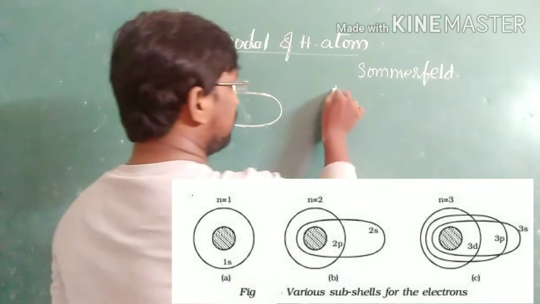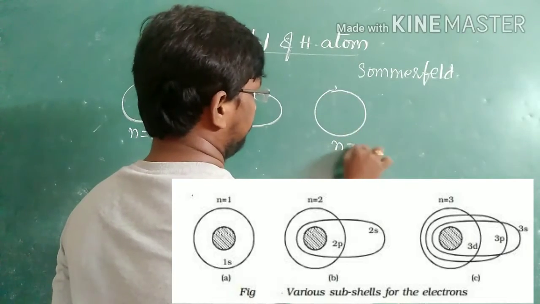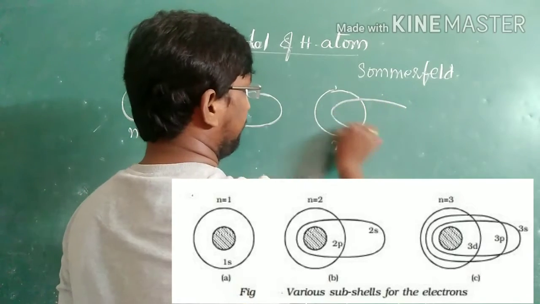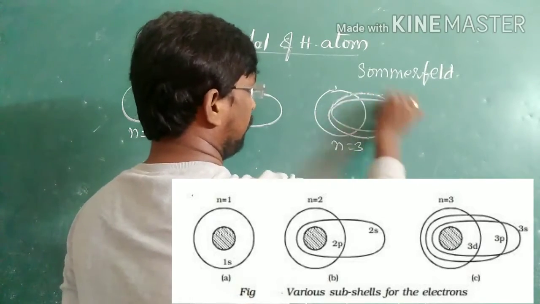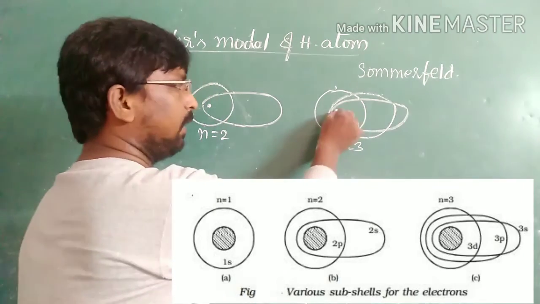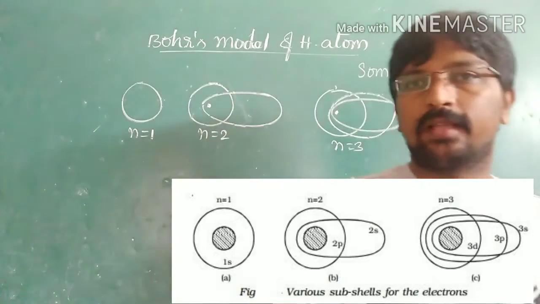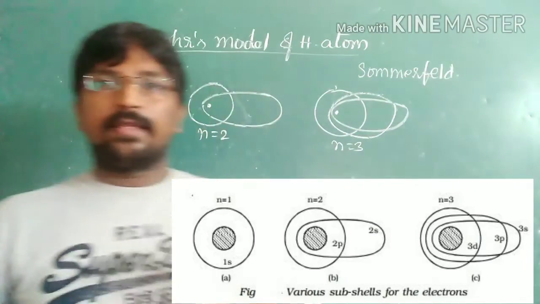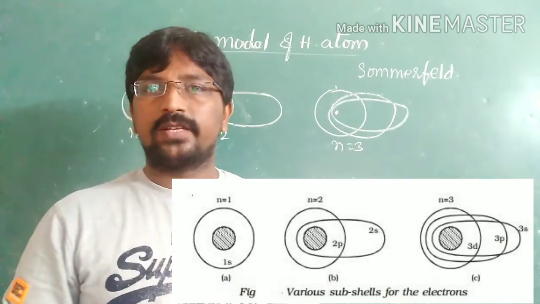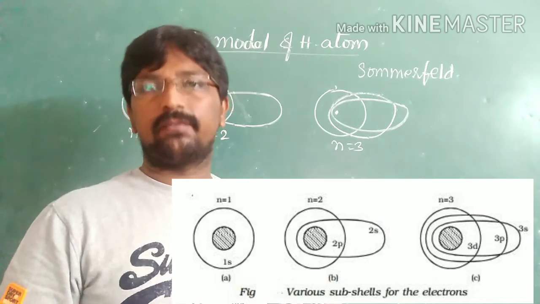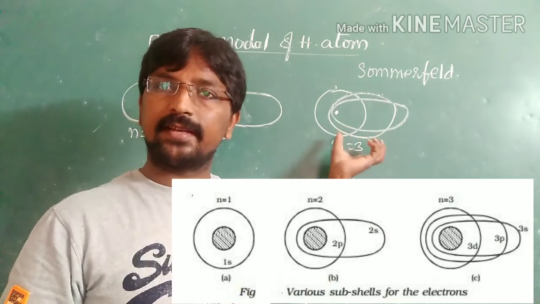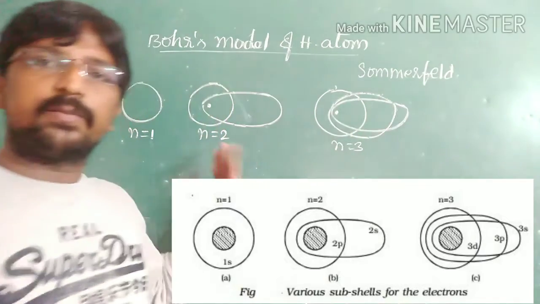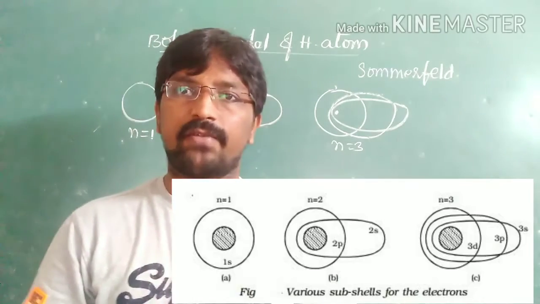And to the third orbit of Bohr's model, he introduced two elliptical orbits, and this is the nucleus. He was guided by the fact that in periodic motions under the influence of a central force, the nucleus is present as one of the principal foci. In such a way, Sommerfeld explained the fine spectra of hydrogen.